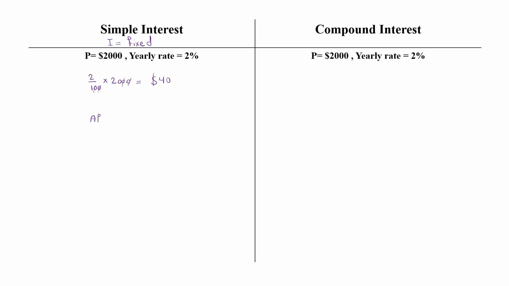So after 1 year, you will have 2000, which is your original money, plus $40. So you will have $2,040. After 2 years, you will have $2,040 plus another $40. As I told you, I is fixed. The amount of interest that you will get is fixed in simple interest. So you will get 2,080. Okay? After 3 years,